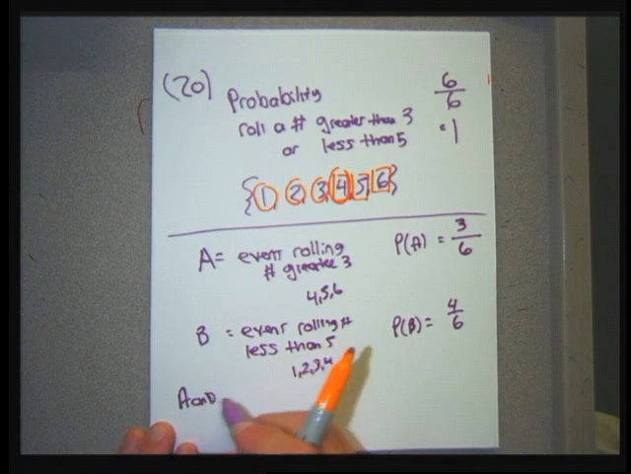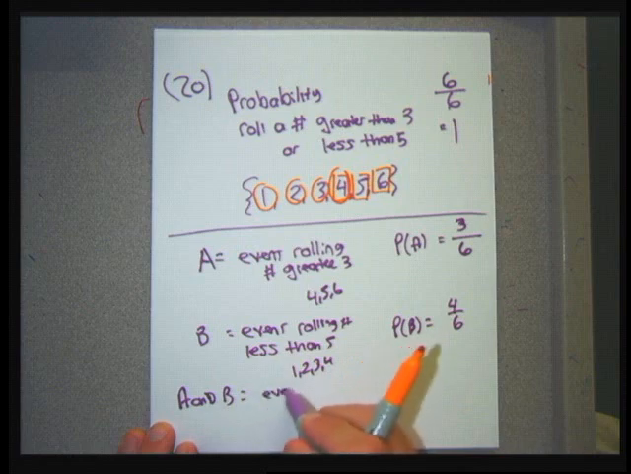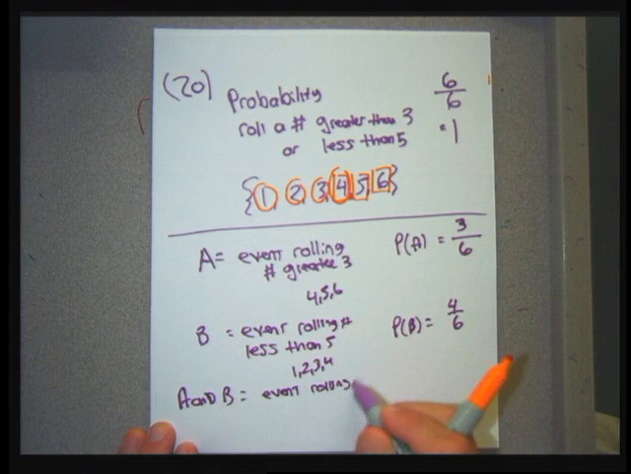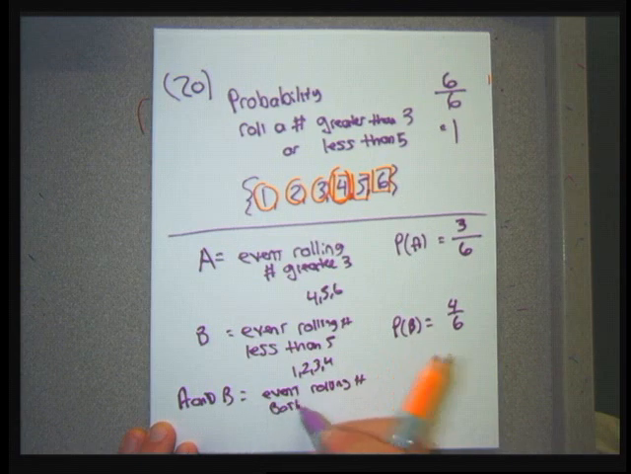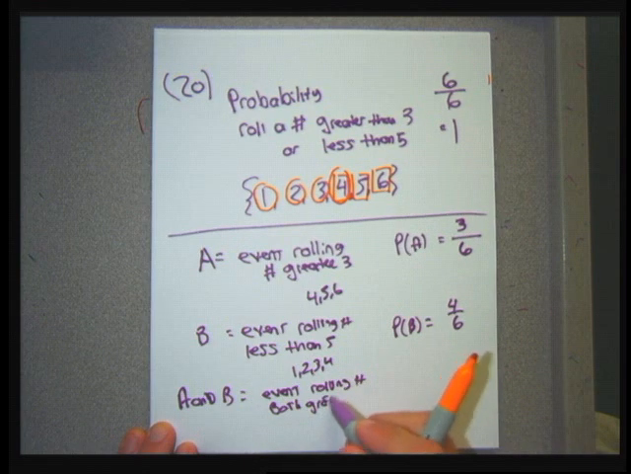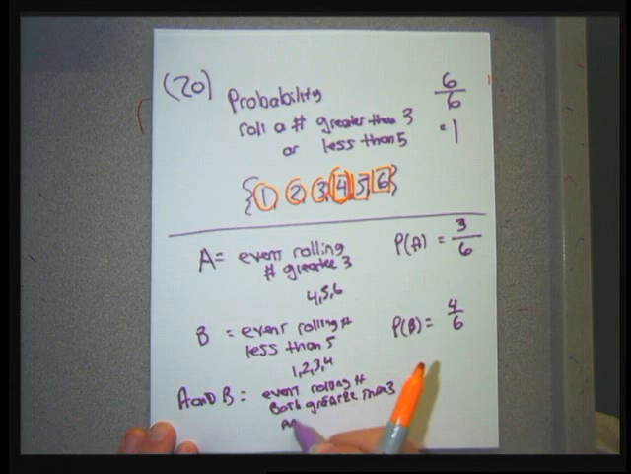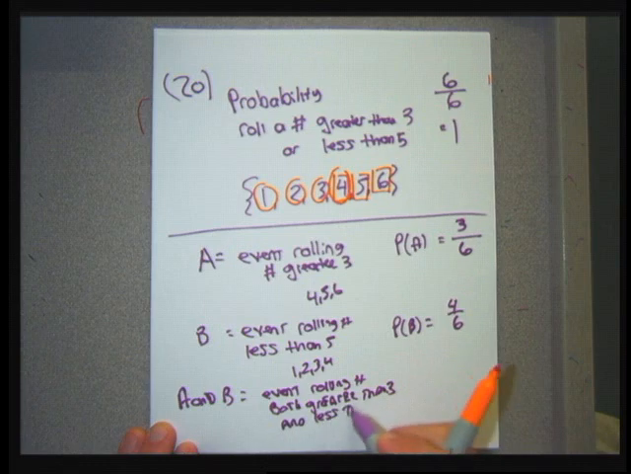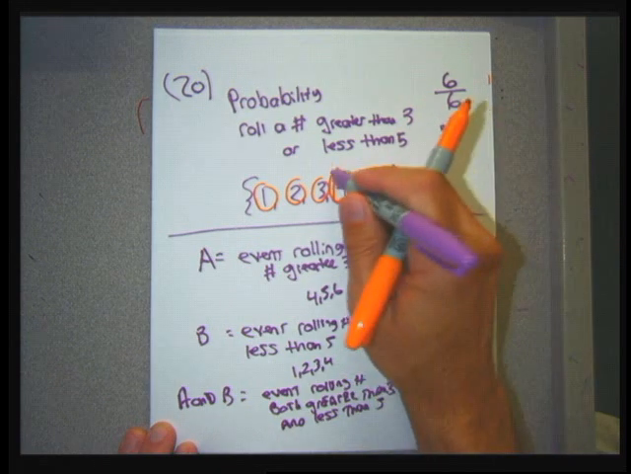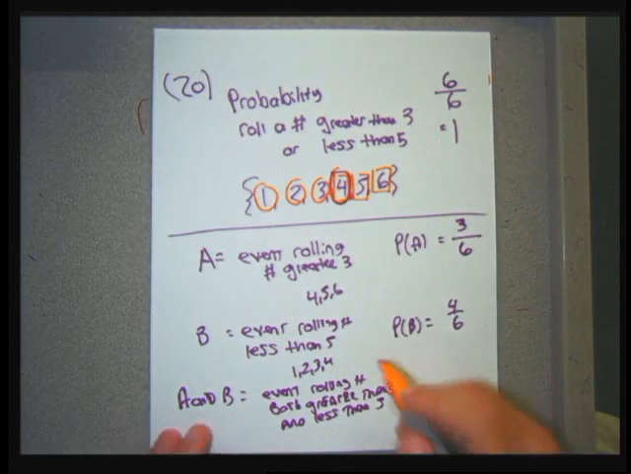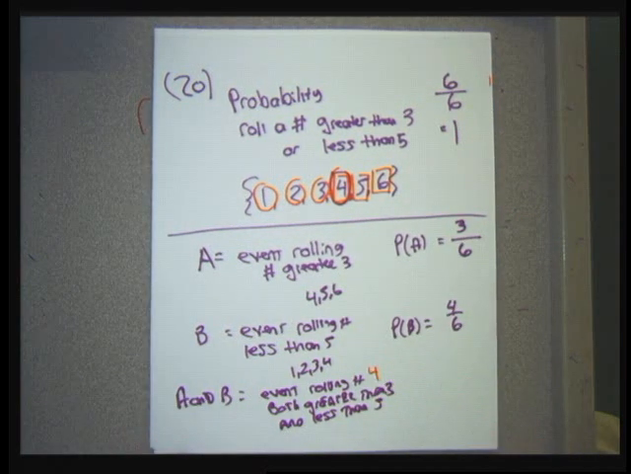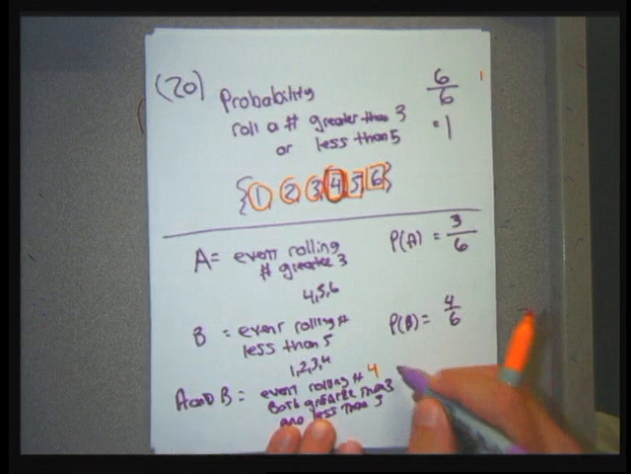A and B is going to be the event of rolling a number that's both greater than 3 and less than 5. And 4 is the only number that's simultaneously greater than 3 and less than 5, because 4 is greater than 3, it's less than 5. Any other number like 5 isn't less than 5, 6 isn't less than 5, and 3, 2, and 1 aren't greater than 3. So for the probability of A and B,